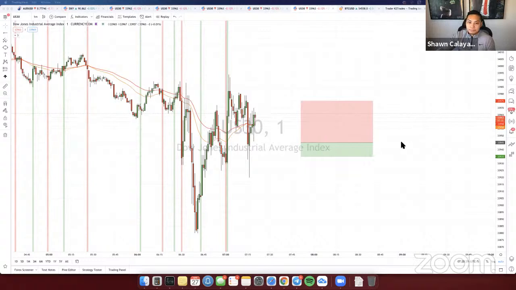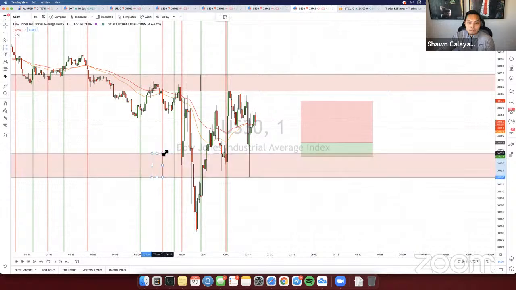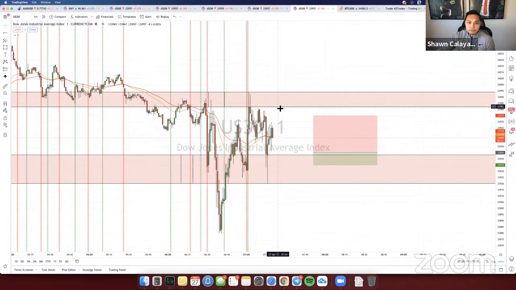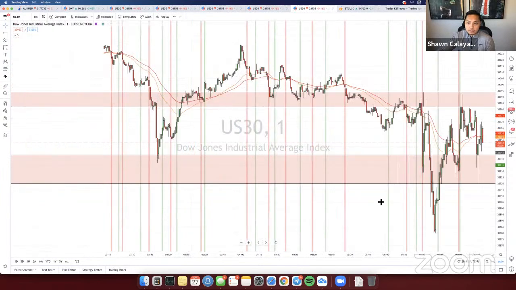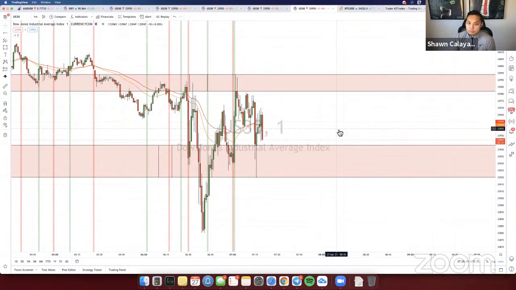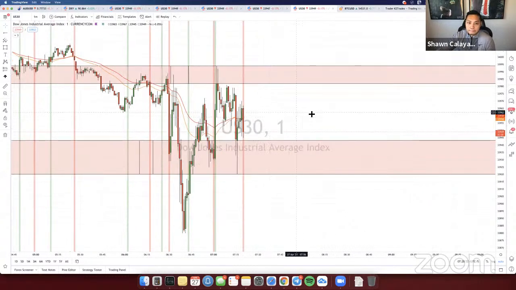Damn, dude, it's literally just ranging now at this point. So this looks like the range right now for US 30 on this 1 minute. Just waiting for it to drop below. I mean, it's trying. You guys can see it's trying to drop below. It's attempting to. It's just the big spikes down just keep spiking right back up.